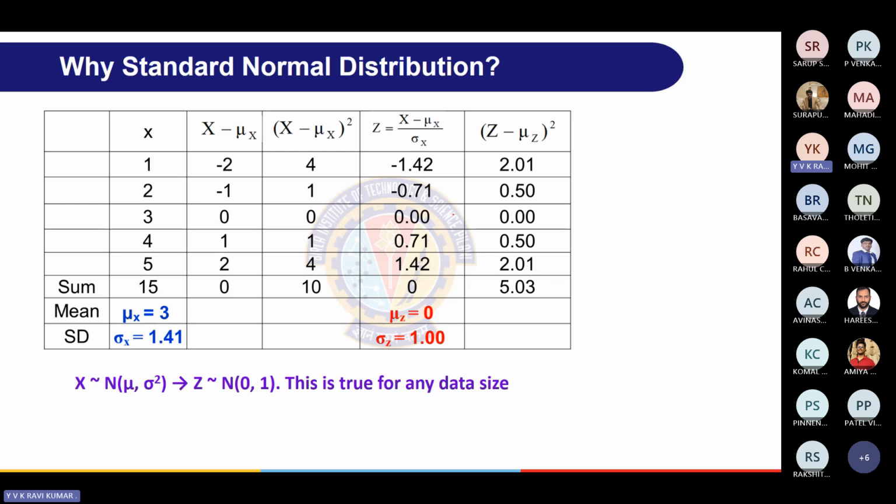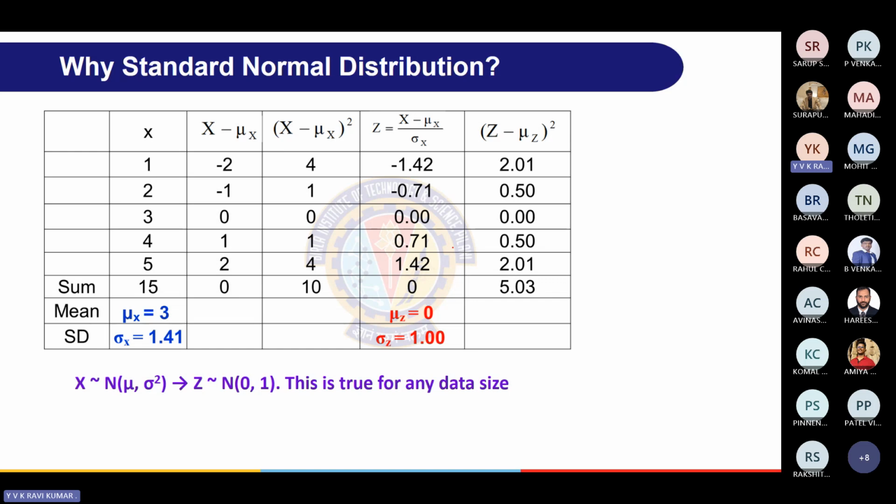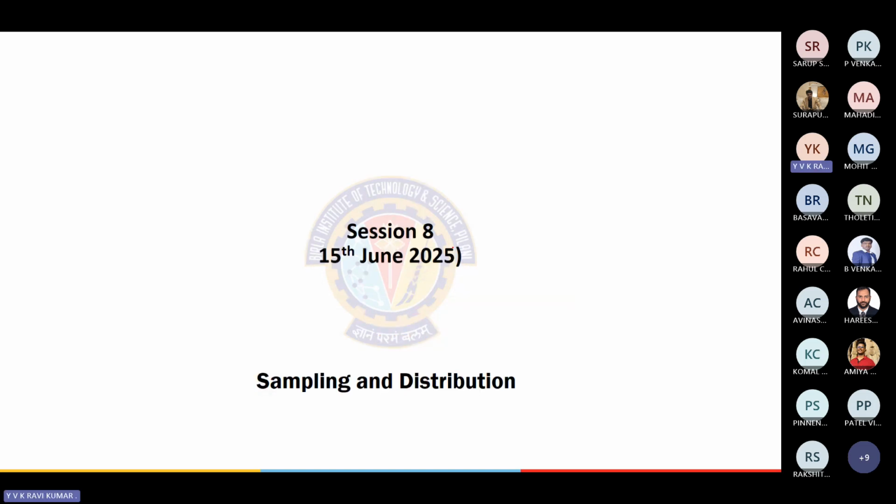So let us start the discussion where we'll go through normal distribution and other distributions, and also we'll start the discussion related to sampling and distribution. Now, just to summarize the discussion we had in the previous session related to normal distribution. A few points, or a summary of the discussions related to normal distribution. One is